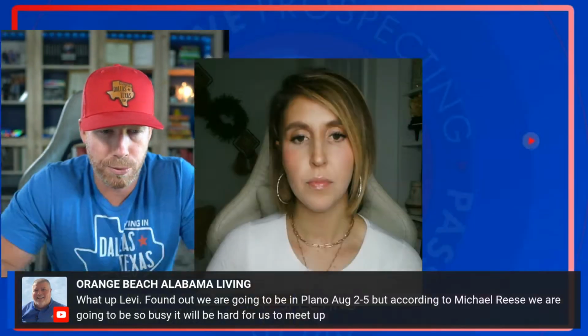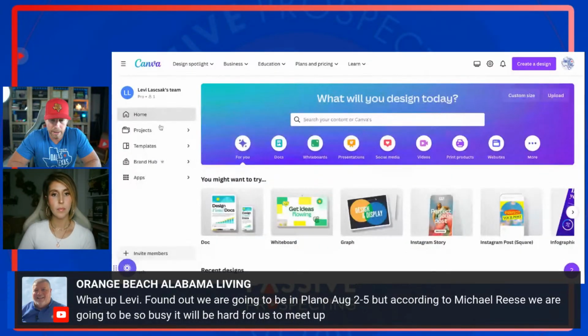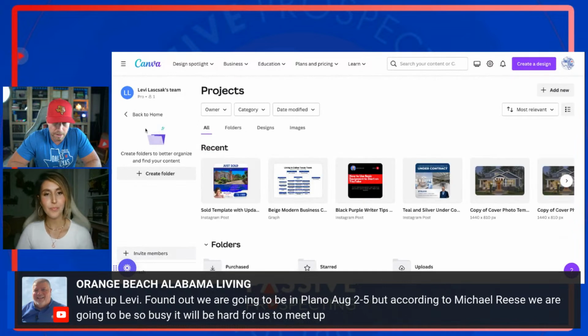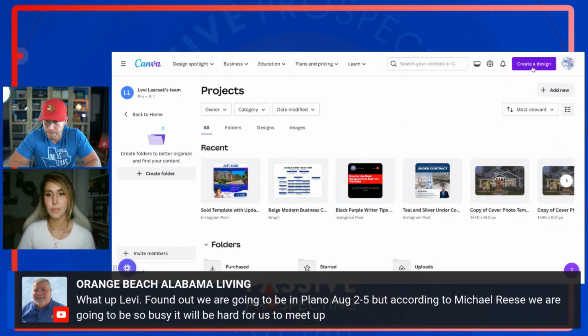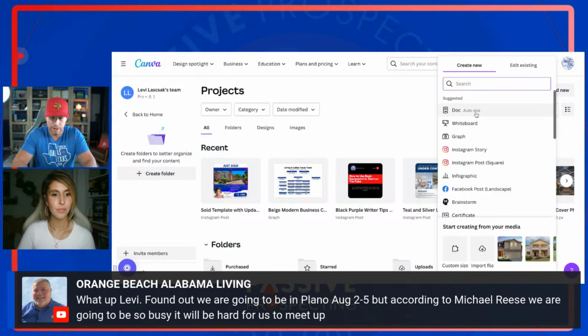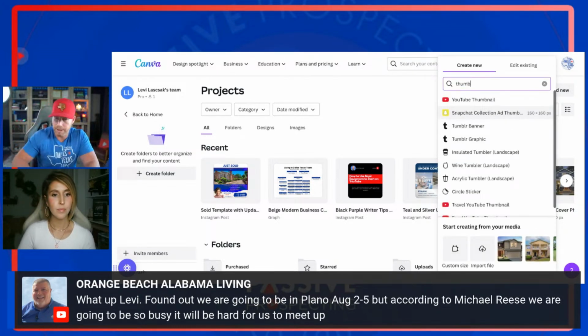And let's get rocking on some thumbnails. So the cool thing about Canva, you come up here, it says create design. You can just put in thumbnail, first of all, and it's going to pull up YouTube thumbnail. That's the really cool thing about